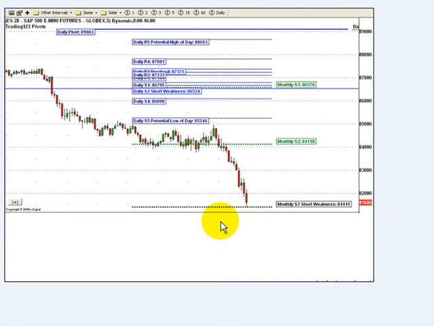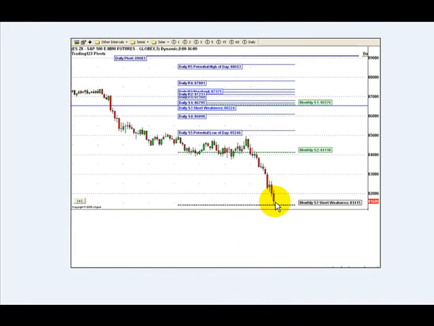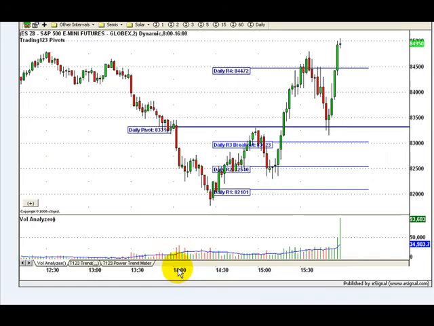So you see, trading the pivots, if they're moving up, you ride it up to the next level. If they're moving down, you ride it down to the next level. And we rode it all the way down here to the close for nice gains. Now here is an intraday play on